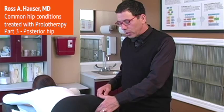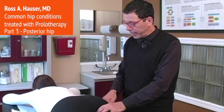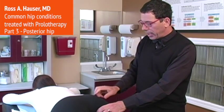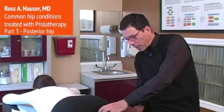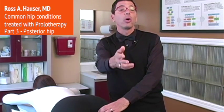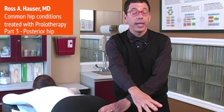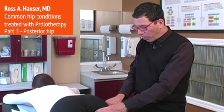The ischial tuberosity is here, the greater trochanter's here on the side. The sacroiliac joint is right here, and you can see the person's a little bit tender there. And then right here is the piriformis muscle. The piriformis muscle goes across here because you'll see a lot of people will have piriformis pain. Or they'll go to a chiropractor and the chiropractor says, you've got piriformis syndrome, which is pinching the sciatic nerve, then you're getting sciatica. So if you poke on here and it's tender,